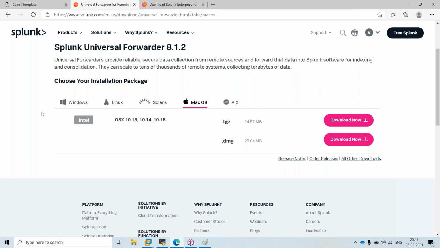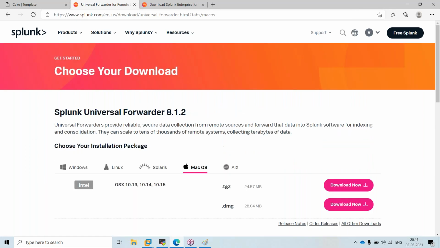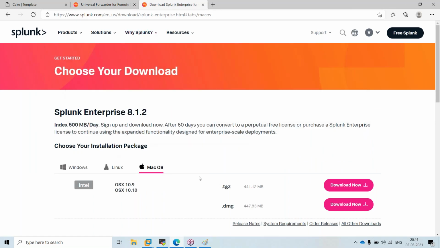If you are installing your application, you will be running on the same operating systems. So if you want to download this application, I have to click on the Enterprise Edition,